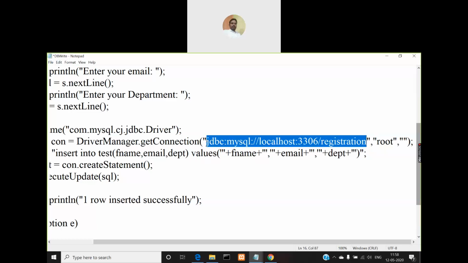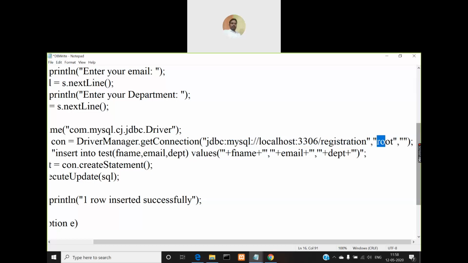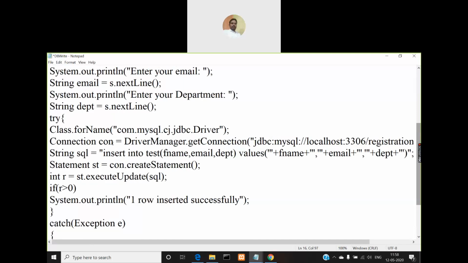So this is the first parameter we need to give in the form of a string. So that's why it is enclosed in double quotes. Then give a comma. The user account that I'm going to use is the root user account. That must be given as the second parameter. That also is of type string. So enclose it in double quotes, comma. Then the third parameter is also a string, but this is a password. This is a password for the user account. My root user account has no password, so I'm leaving it blank. Simply open the double quote and close it. So with this statement, we have completed establishing the database connection.